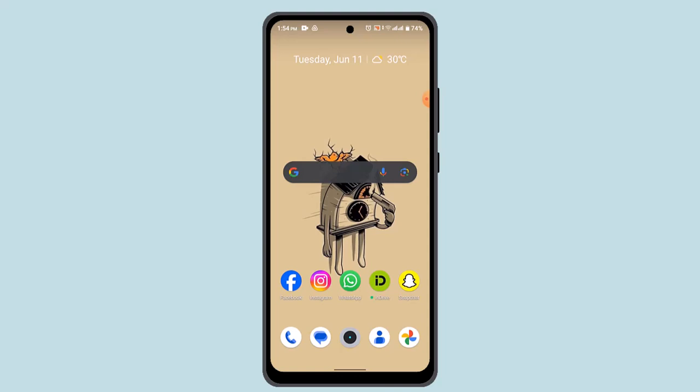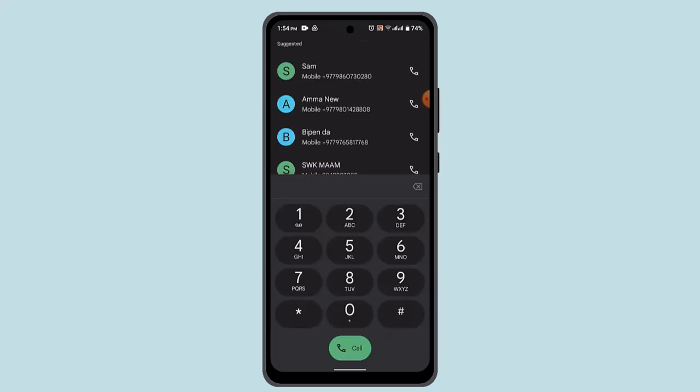So first thing, you have to open up your call logs, and next you have to open up your keypad and then type in *67. When you do that, type in the phone number of the person who has blocked you. Now this code will block your number so that your call shows up as an unknown or private number. You could go ahead and enter the code before the number that you dialed, like *67, and then type in the number, and you should be able to contact the person who has blocked